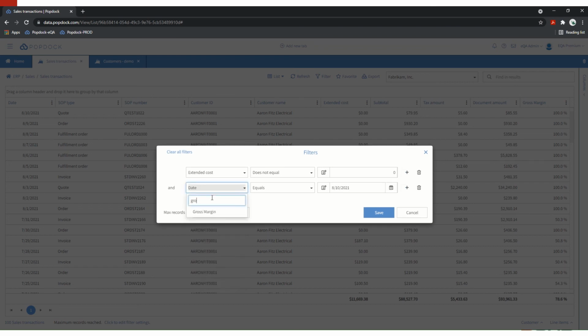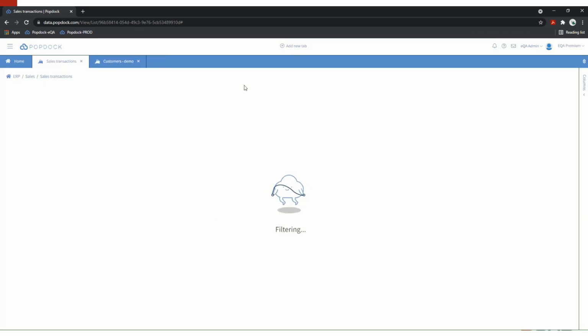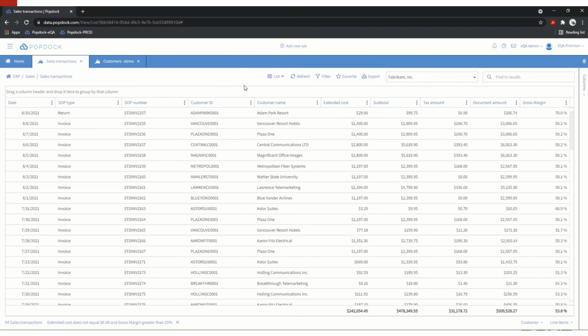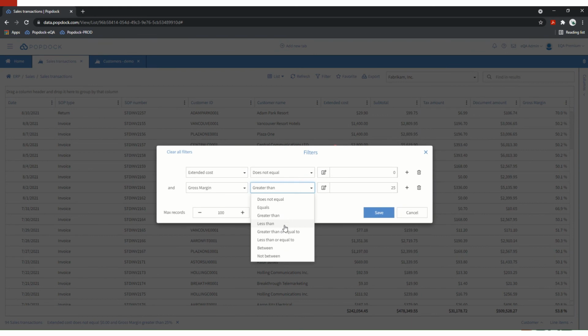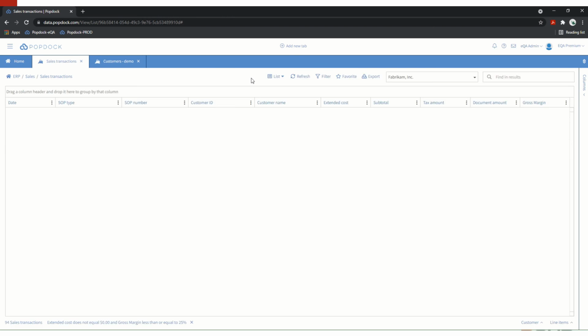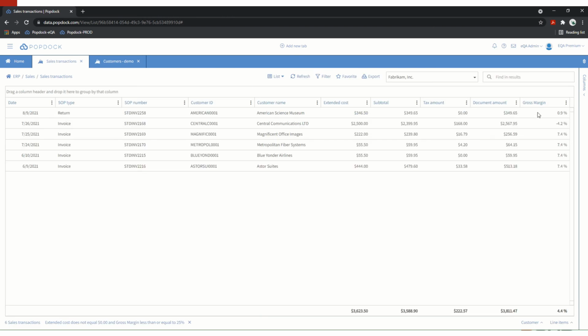And then we're going to find our gross margin, and we want that to be greater than 25%. So let me click save on there. And so we are going to see, oops, sorry, I meant to say less than 25%, less than or equal to 25%. And so now you can see here are our gross margins, and where we have some sales transactions that have been below our gross margin